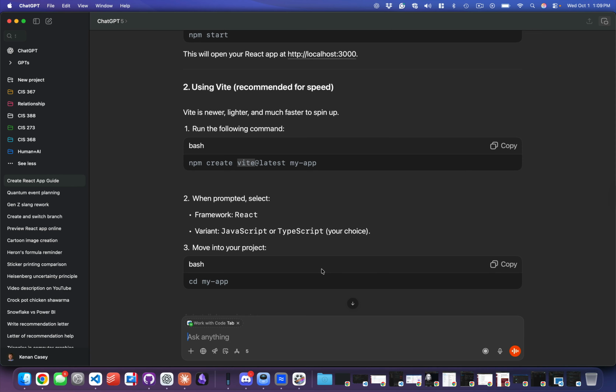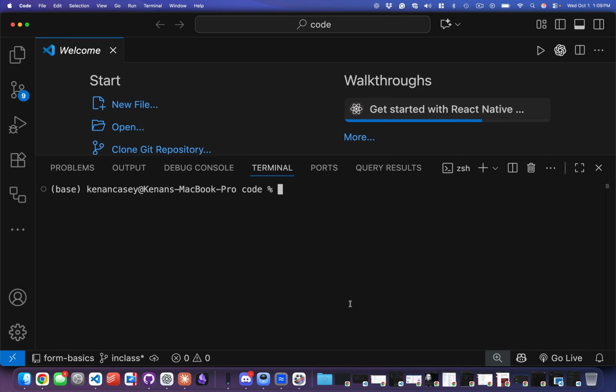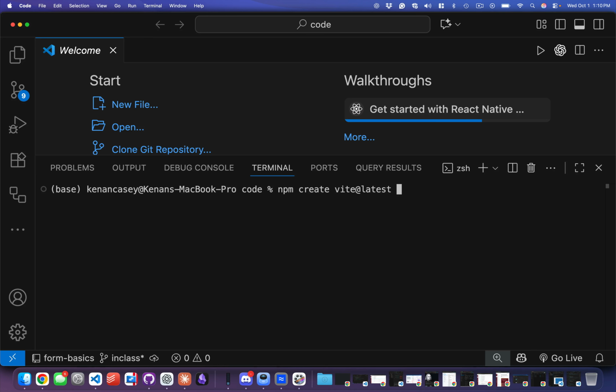I'm actually going to make the folder in this process and then open the folder. I think that'll be easier, okay? So, you ready for this? npm create space Vite, V-I-T-E, at latest. So we'll run the latest version of Vite to help us create a new app. And we're going to call this,